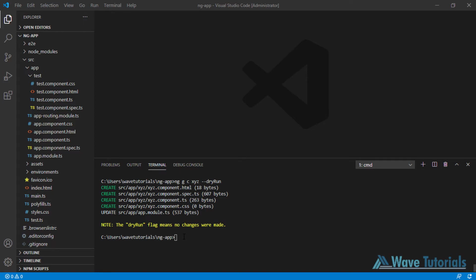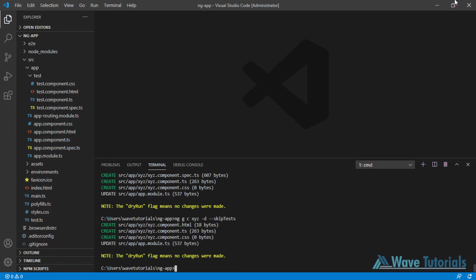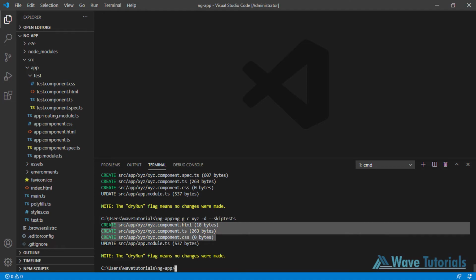So let's say I don't want to create the spec.ts file with my component, because I'm not going to write test cases for now. So how can we remove this while creating components? Let me show you. Let's type the command. You can also use -d as a short form for dry run, and then you can type skip test. So when I press enter, you can see that instead of creating 4 files, it's created only 3 files using